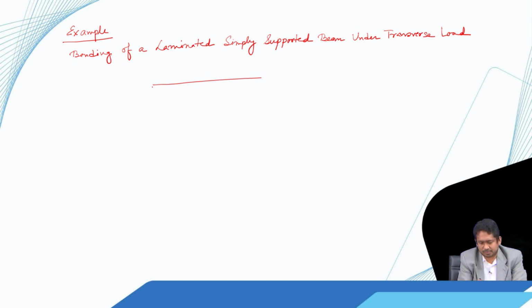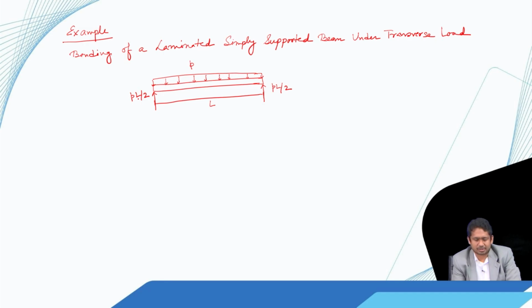So, let us assume that we have a beam, and this beam is simply supported and it is under distributed load P. And P is not a function of x. So, P is constant, and the length of the beam is L. So, the support reactions, as we know, they come out to be PL by 2 and PL by 2. So, bending moment at a particular x is